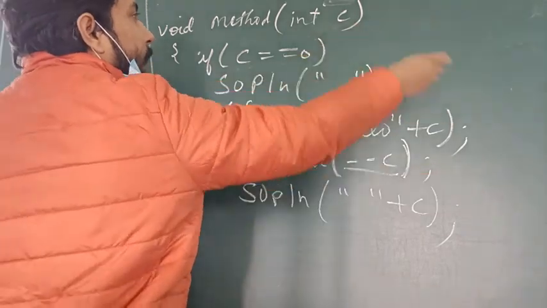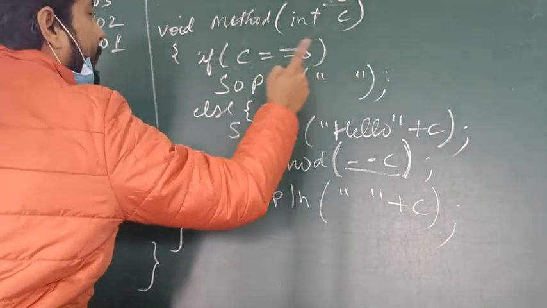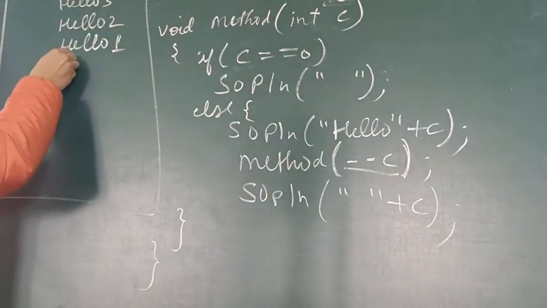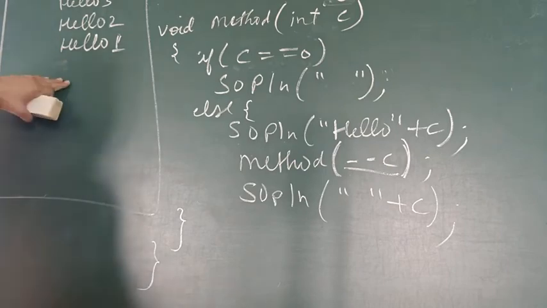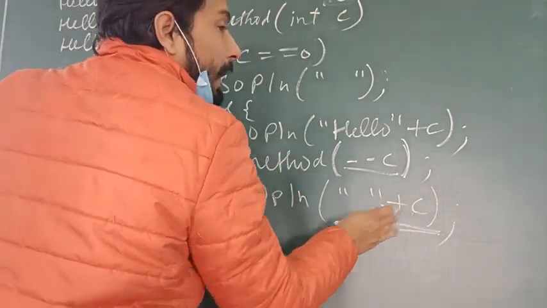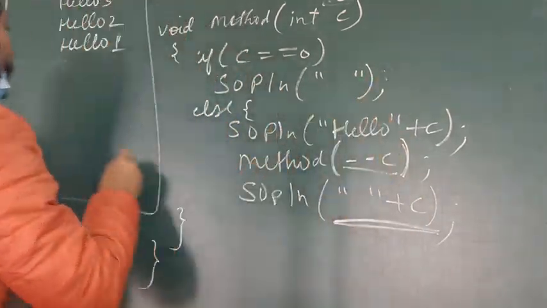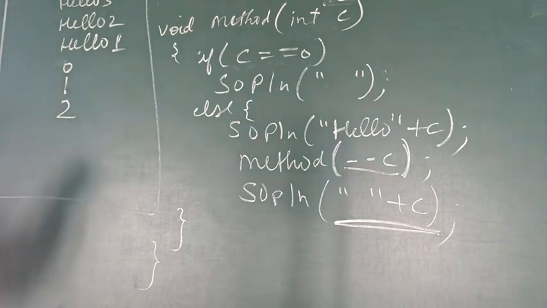So my method 0 is going there, and when C equals 0, System.out.println space. So now they are going to print the space here. वहां पर ये लोग क्या कर रहे हैं? स्पेस प्रिंट कर रहे हैं. And after this space, now the stack of this will get printed. So what is the value of C now? 0. So the 0, after that your 1, and after that your 2. So 3 times this also executes, but in the reverse of the stack. So your answer will be here 0.